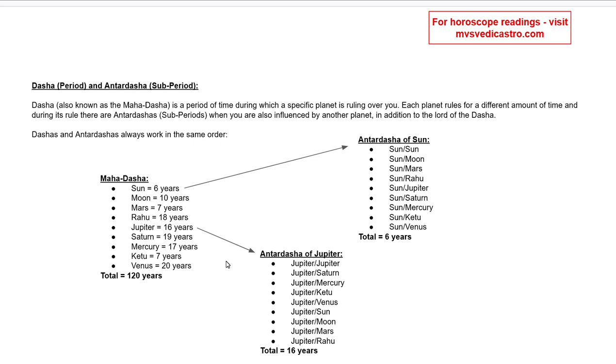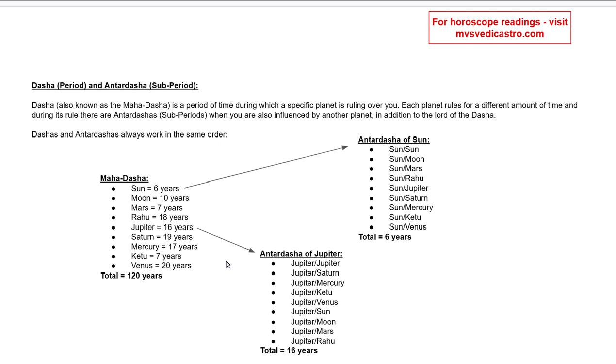So let's say somebody was under Jupiter's Maha-Dasha. The first Antardasha under Jupiter will be Jupiter and Jupiter. Then you start working down from Jupiter. So what Maha-Dasha comes after Jupiter? Saturn. So what Antardasha will come next under Jupiter? It'll be Saturn. So you'll have the combination of Jupiter-Saturn, then Jupiter-Mercury, then Jupiter-Ketu,